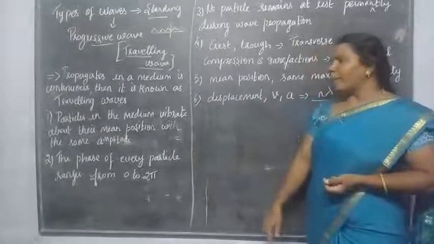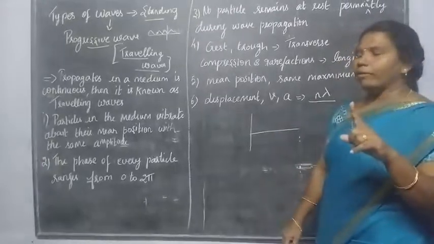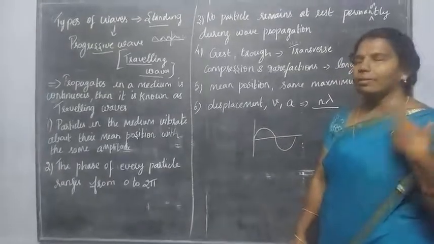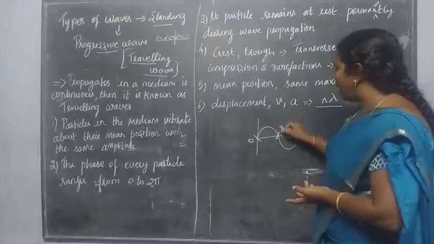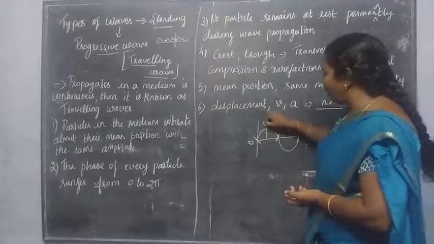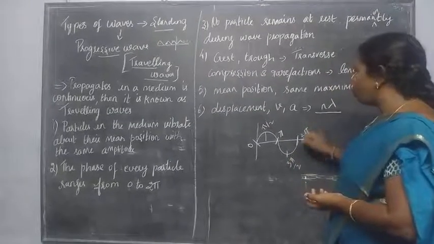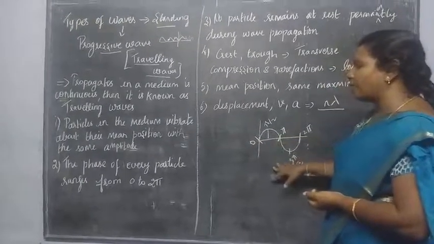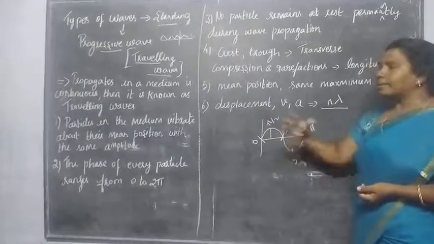See, the phase of every particle. In the last classes itself I represented one phase. See, one traveling wave has one crest and one trough. Therefore, what is the phase angle? You know that the starting mean position is 0, this is 180 degrees, and this is 2 pi, that is 360 degrees. How can you expand it? 0, then pi by 2, pi, then 3 pi by 2 and then again 2 pi. So the phase angles between one crest and one trough for the transverse wave range from 0 to 2 pi. This is the second property.